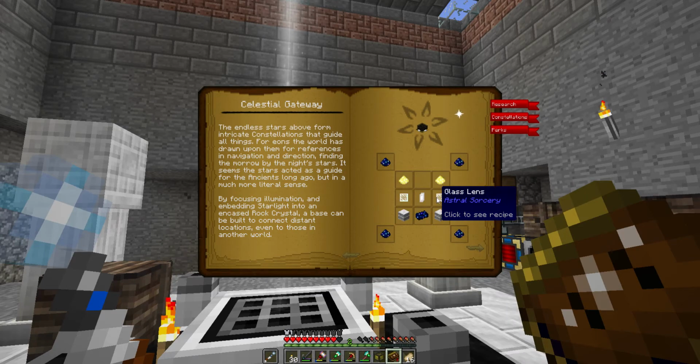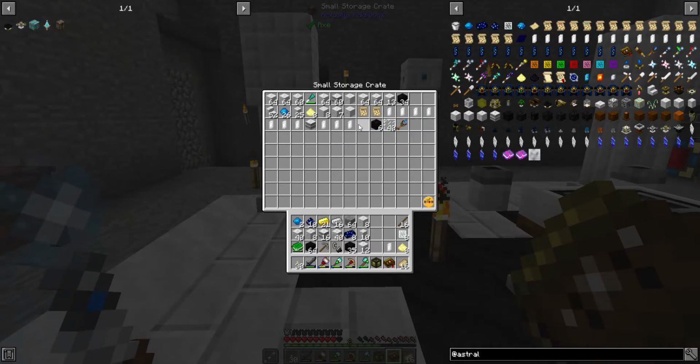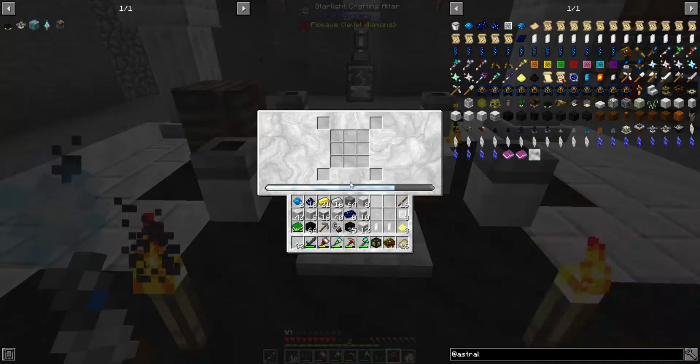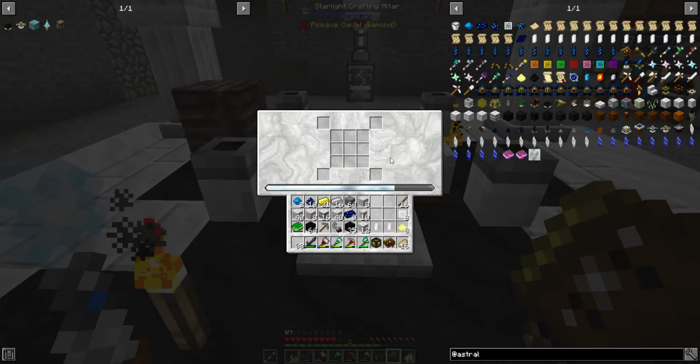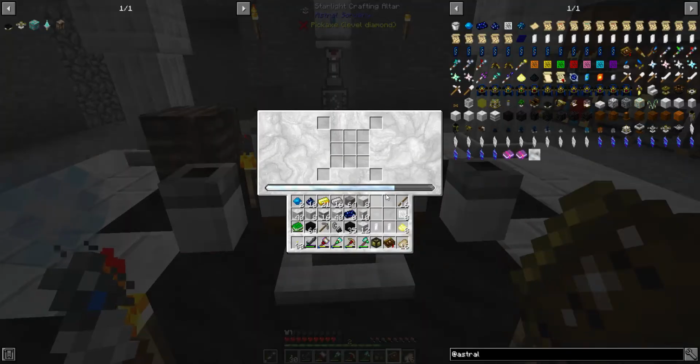They do take more glass lenses. I made those already, and we need some rock crystals. So I'll go and grab the rock crystals now. We want 2 of them. And let's go ahead and make that recipe. Runed star metal. Okay. So runed star metal,